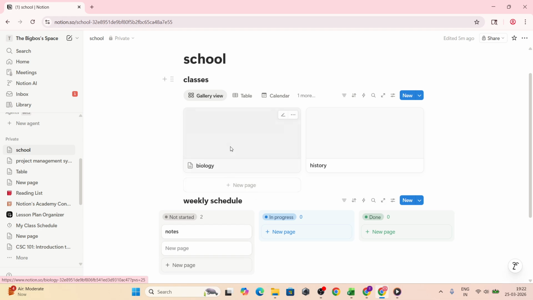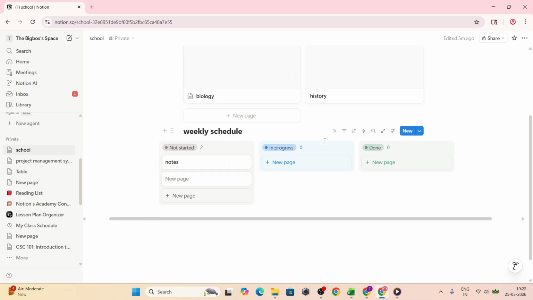Next, set up your weekly schedule using a board view database grouped by days of the week. Add your classes as cards under Monday through Friday, and include class times and locations in the card details. This gives you a clear, at-a-glance view of where you need to be and when, which is especially helpful during